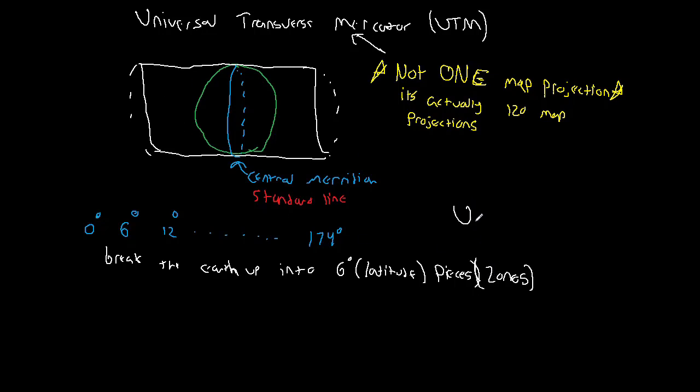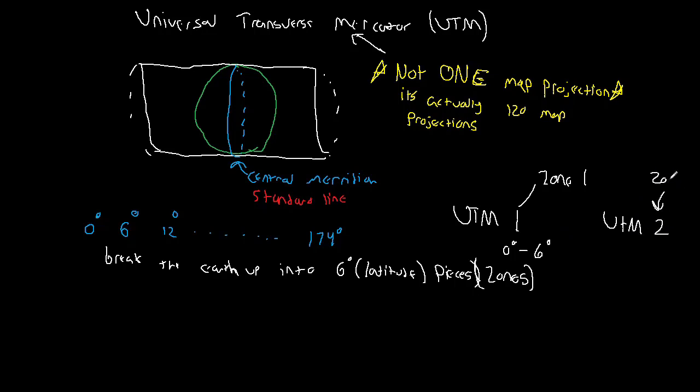So we could have UTM1, so this would be zone 1, and this would correspond to 0 degrees to 6 degrees, latitude. Then we have UTM2,